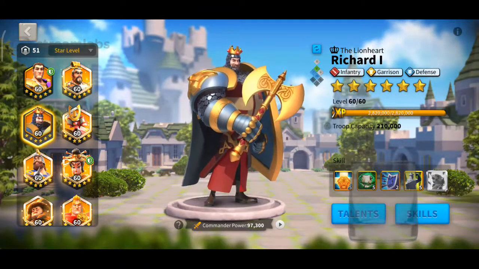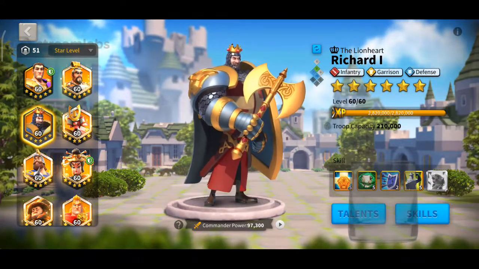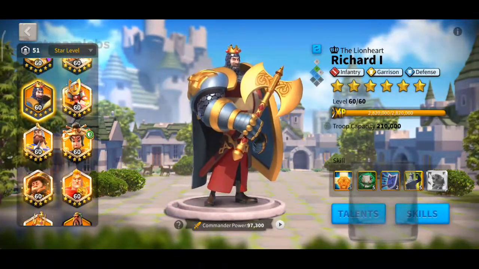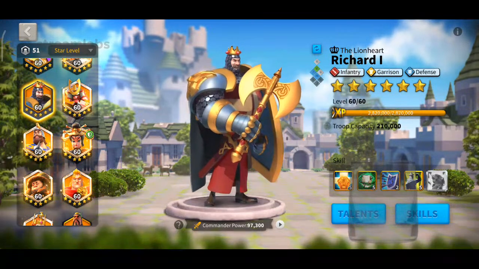And then the next best pair in the epic grade is Sun Tzu. Of course, everybody knows that. And then the next is Boudica. Yes, of course, Boudica is actually